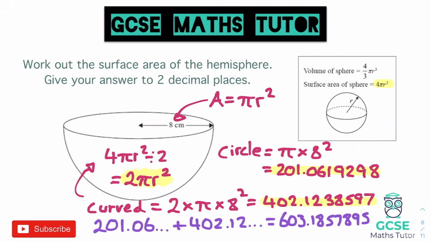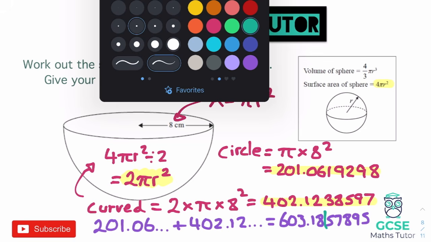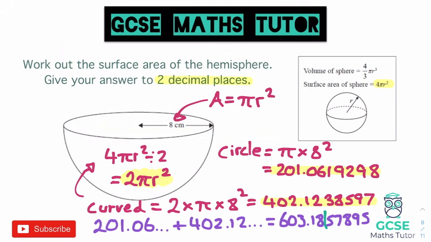There we go, and that is my final answer. Again, just looking at the question, because it says round it to 2 decimal places, so I just want to chop that after the second decimal, which is after the 8, so 5 afterwards, so it is going to round up. So my final answer, and I'm going to have to write this at the top, is going to be